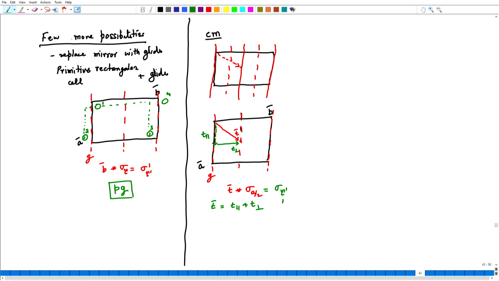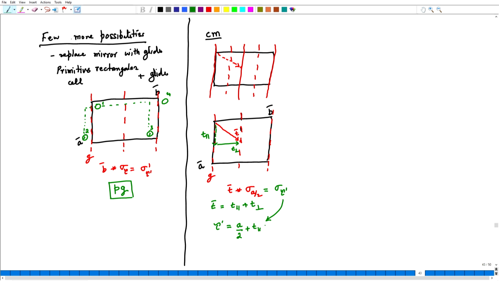I just have to figure out what is my glide translation in this case. So, tau prime should be equal to the previous tau, basically the glide translation for the glide plane, which was a by 2. So, it would be a by 2 plus an additional translation which would be t parallel. Now, what is t parallel?